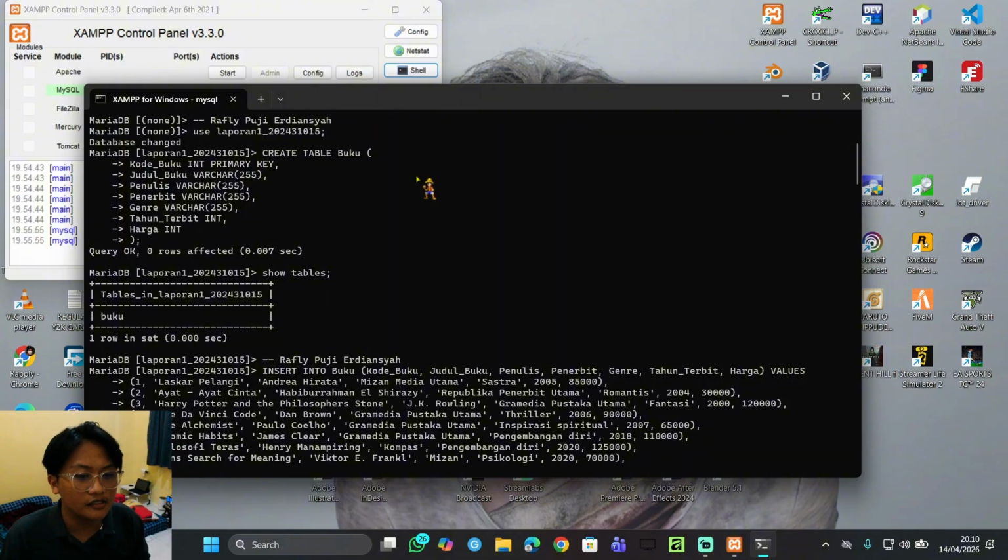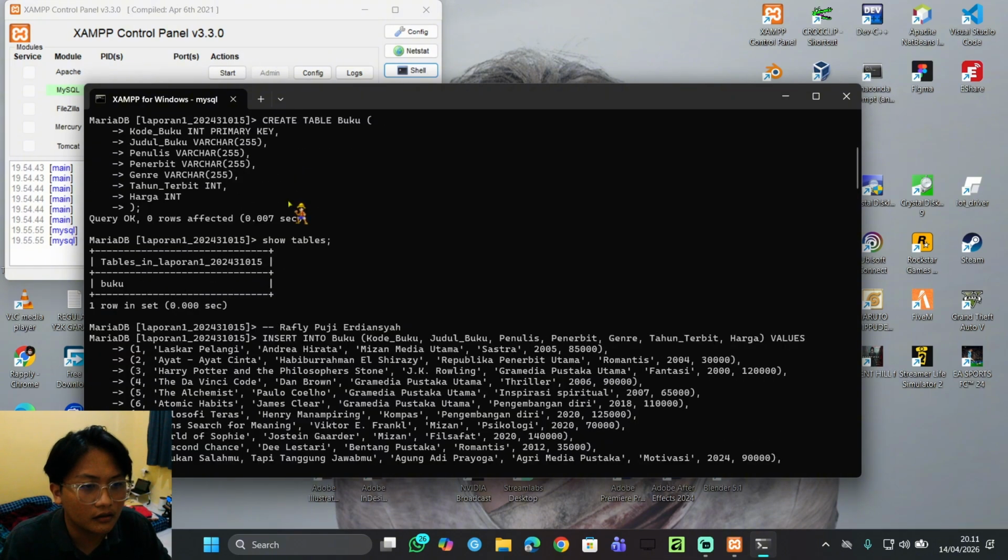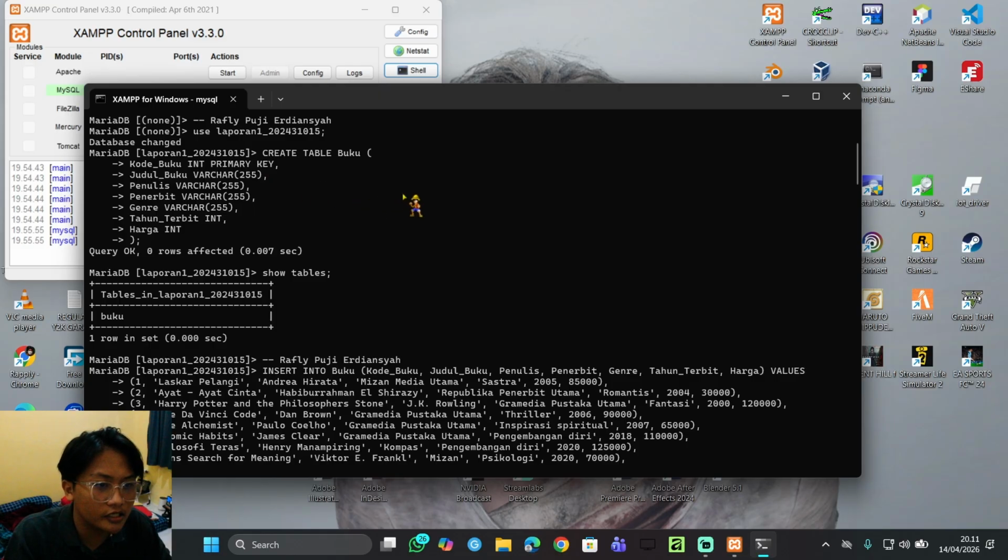We can define several columns like kode buku, judul, penulis, penerbit, genre, tahun terbit, and harga. And we have to choose the data type. Kode buku is integer, and it is the primary key, and judul buku is varchar, and we put 255 for the length of the varchar.